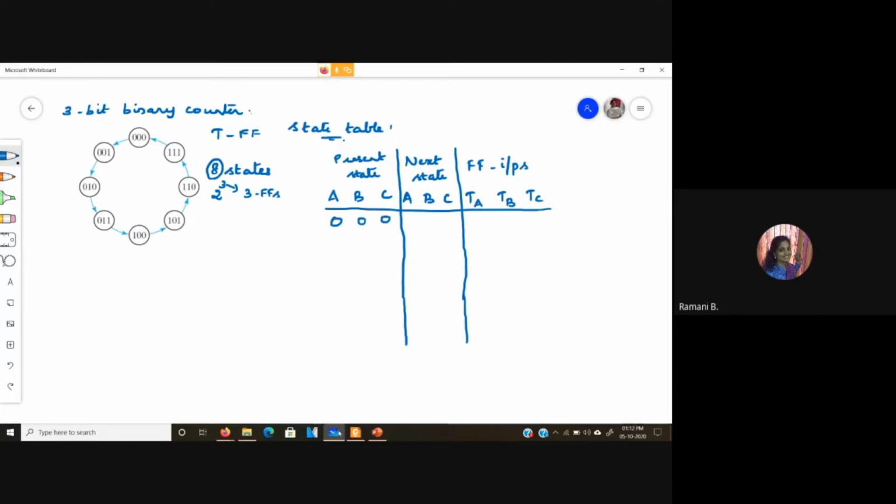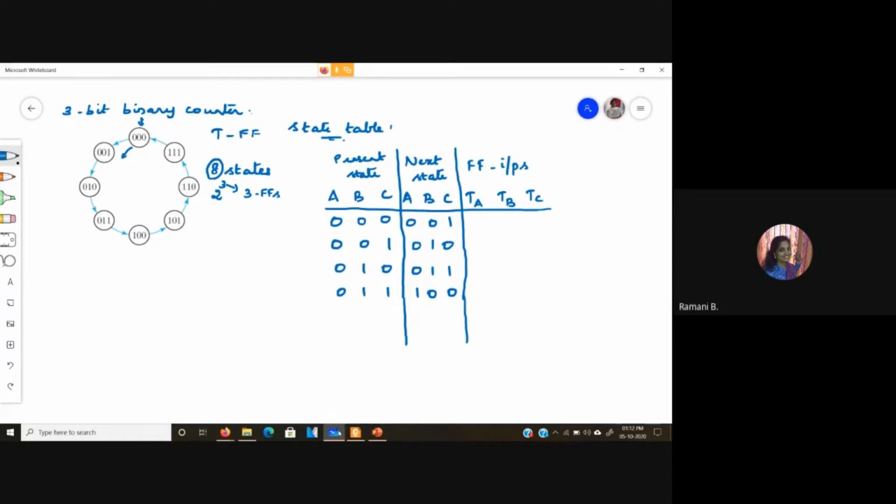Now if my present state is 0, 0, 0, the next state is 0, 0, 1. Next, if the present state is 0, 0, 1, the next state is 0, 1, 0. If the present state is 0, 1, 0, the next state is 0, 1, 1. Likewise, you have to go on till you reach the initial state.